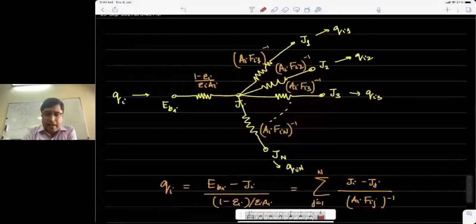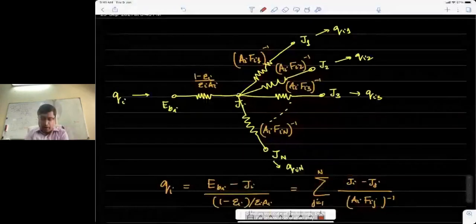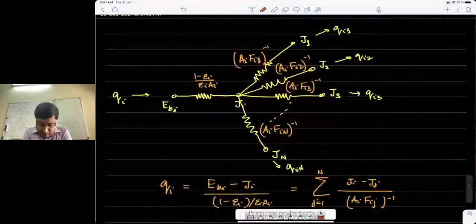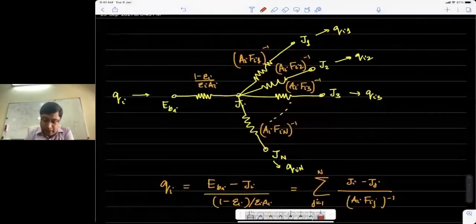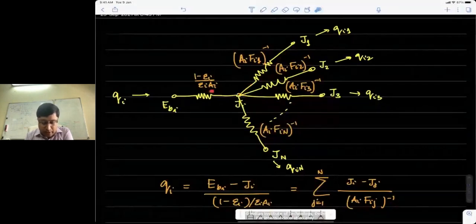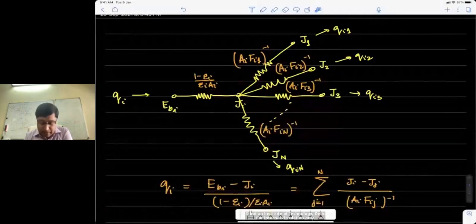What I was saying is that in the last class, we were looking at this problem of radiation exchange in an enclosure, and the surfaces were assumed to be diffuse and gray. And so we came up with this network representation of radiation exchange, and basically figured out that for each and every surface, we will have a radiosity node Ji, which will basically be a nodal value from which the total radiative current is split into many paths, if I can say it.